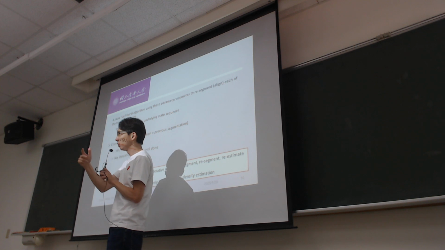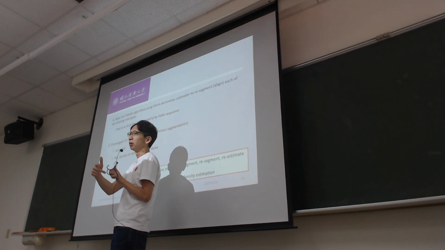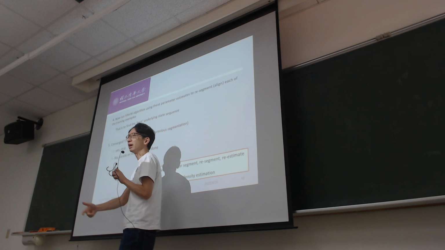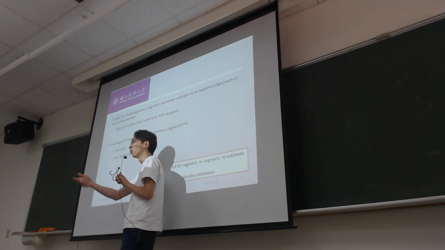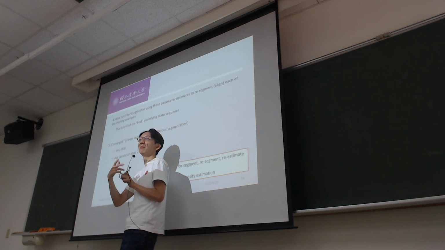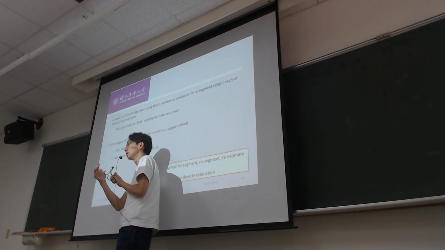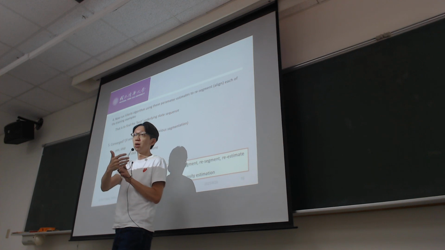Okay, now you have a new set of parameters. You do it again by Viterbi decoding. Now you realign your training corpus using this newly estimated segmental k-means parameter. Okay. Now things can change again. The state sequence you find may not be the same state sequence as you found with the previous